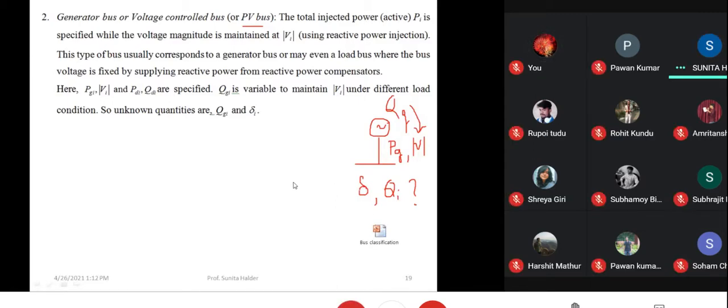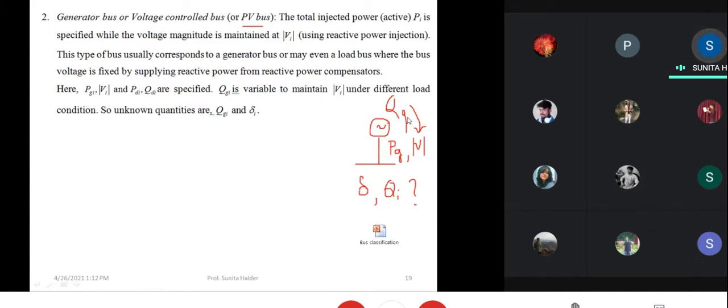Yes, ma'am. But in a generator bus, this QG cannot be controlled infinitely because from where is this QG generated? From the rotor current control. Now the rotor current has a maximum and a minimum value, obtained by minimizing and maximizing the rotor impedance. When rotor impedance is minimum, we shall get the maximum rotor current, so maximum reactive power. So it has a maximum and minimum value in case of any practical generator. Theoretically, it may be infinite, but practically it has a minimum and maximum value.